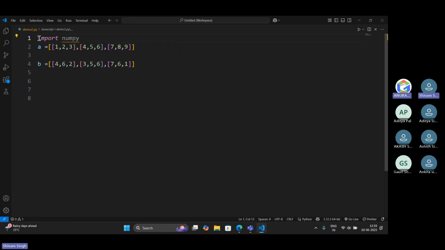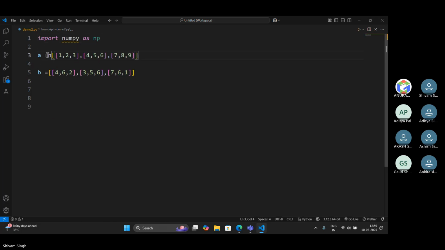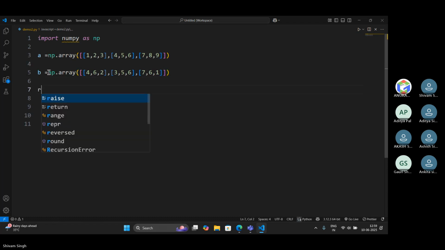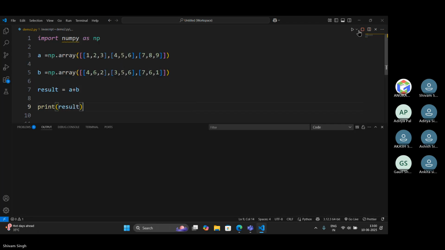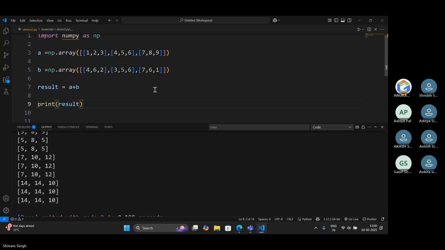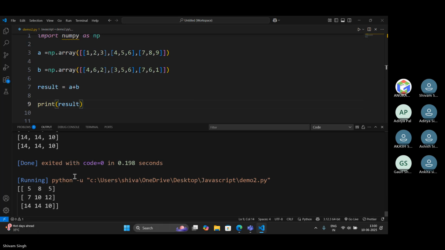What is the logic here? I'm just executing the matrix addition.